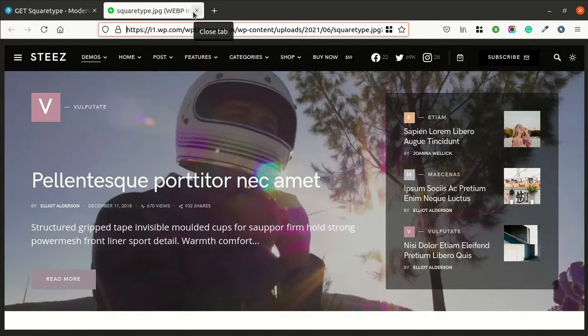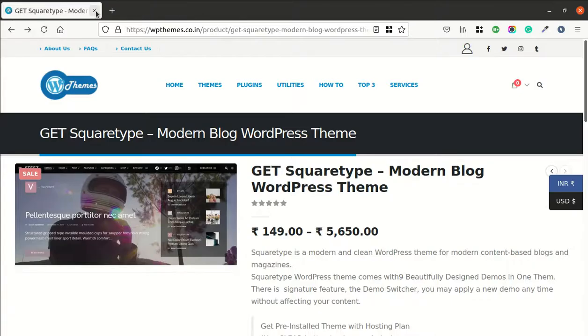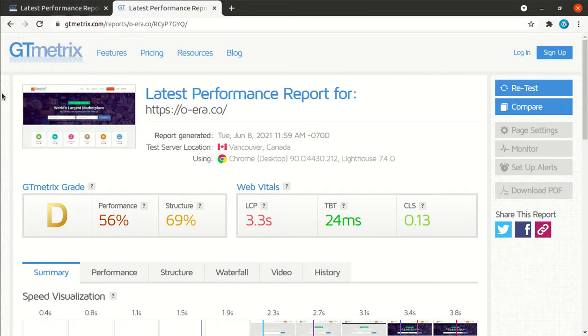I was just showing how important it is to use the right image format, and in this video I am going to tell you not to use PNG images and how you can convert your PNG images to JPG images. In fact, having JPG images is good for your website. So in this video we are going to focus on how to maintain JPG images on your website. Okay, so it is very clear now.